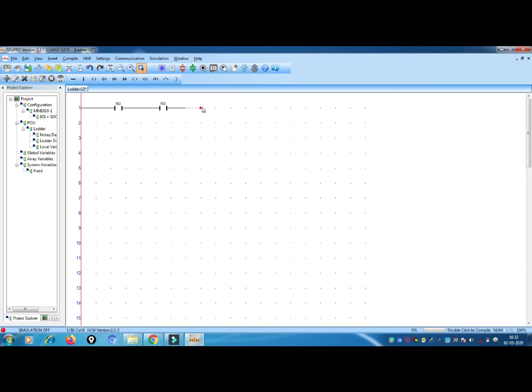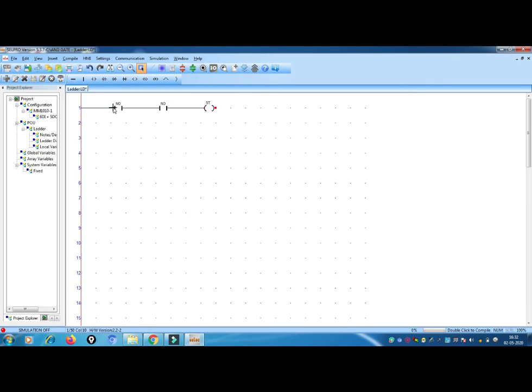See, this red indicates that you are moving like this. If you keep it here, this line will come here. So you have to check this red indication compulsorily. Now I am giving red indication here and I will connect the load. Okay, now I will give the address for this.